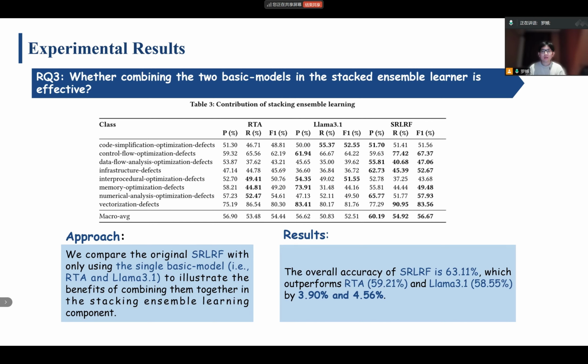RQ3. Whether combining the 2 basic models in the stacking ensemble learner is effective. We compare the original SRLRF with only using the single basic model RTA or Llama 3.1 to illustrate the benefits of combining them together in the stacking ensemble learning component. The results show that the overall accuracy of SRLRF is 63%, which outperforms the RTA and Llama 3.1 by